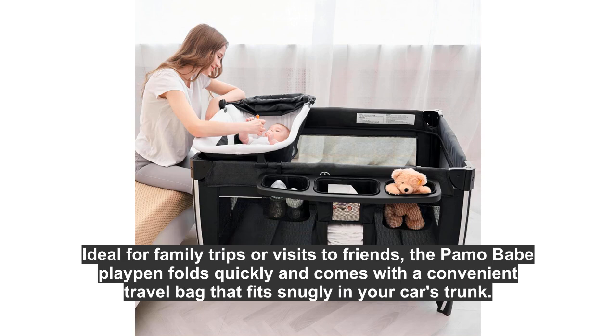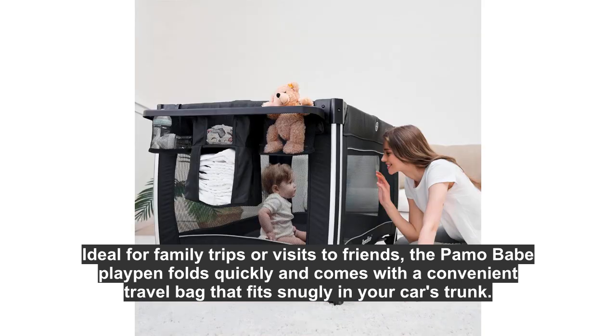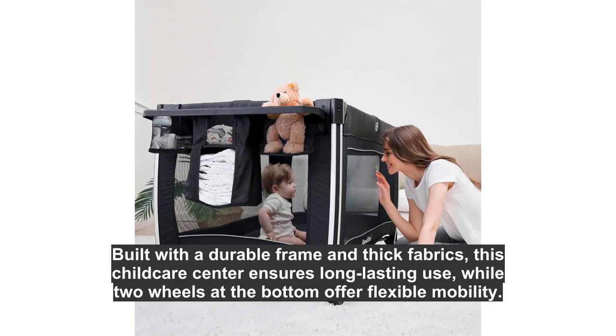Ideal for family trips or visits to friends, the Pamo Babe playpen folds quickly and comes with a convenient travel bag that fits snugly in your car's trunk. Built with a durable frame and thick fabrics, this childcare center ensures long-lasting use, while two wheels at the bottom